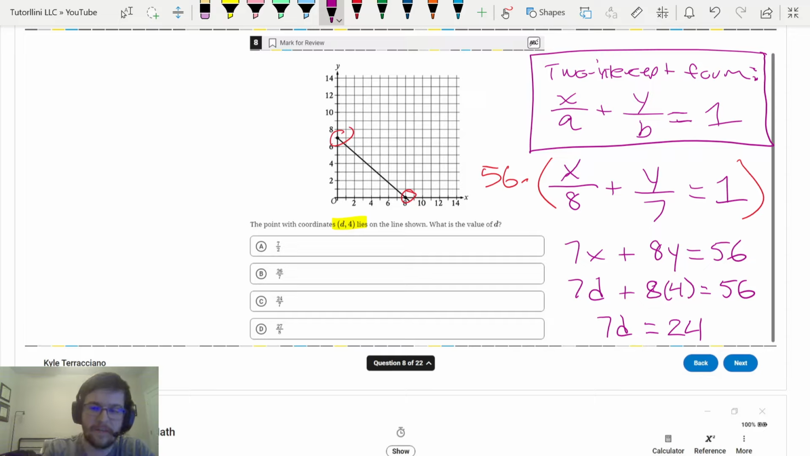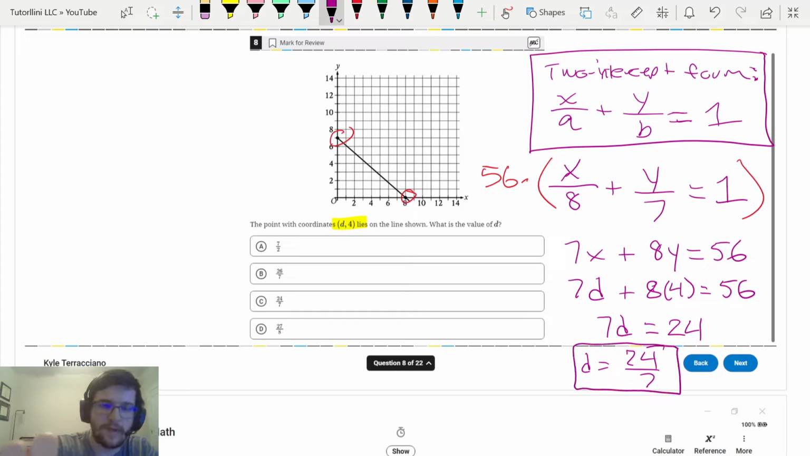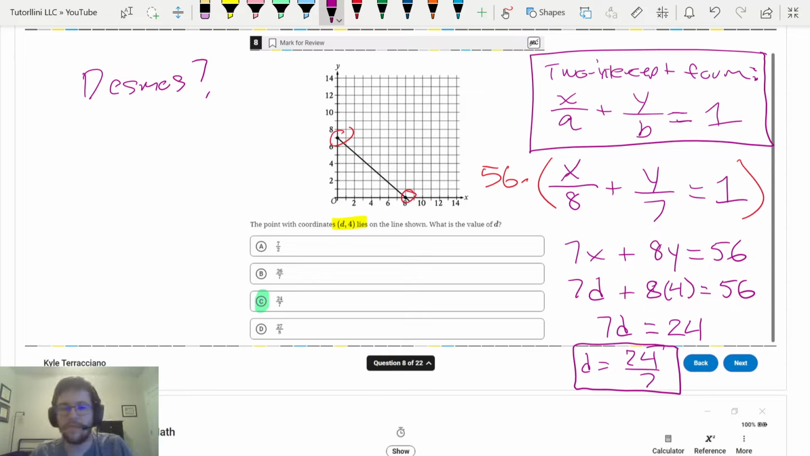And d equals 24 over 7. So that is answer choice C, and that is the answer. That is the correct way to do it. Just to reiterate, you could solve this question